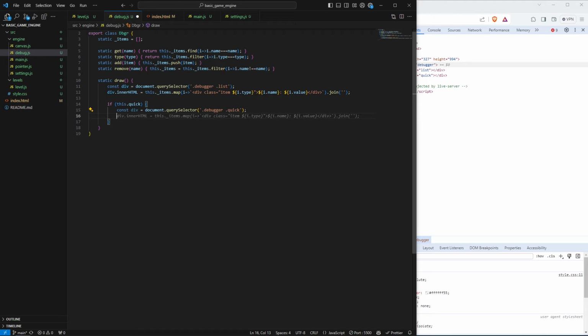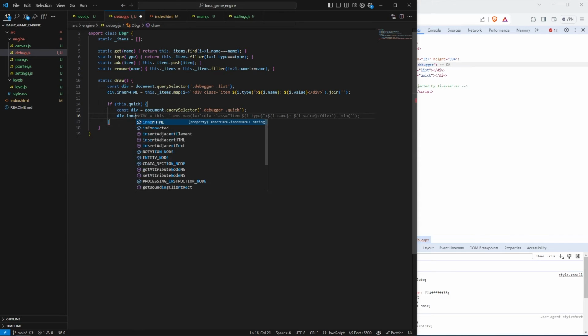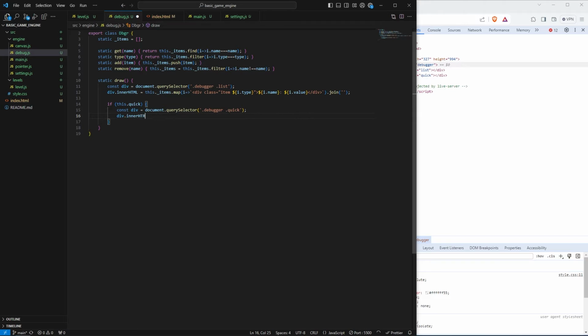And we're going to say that div.innerHTML equals, let's just say one thing like this, this.quick, all of those things. Let's do that for right now. In order